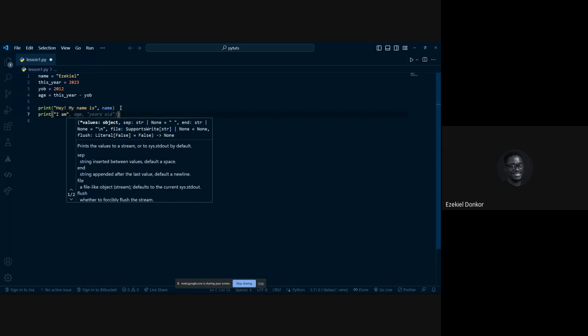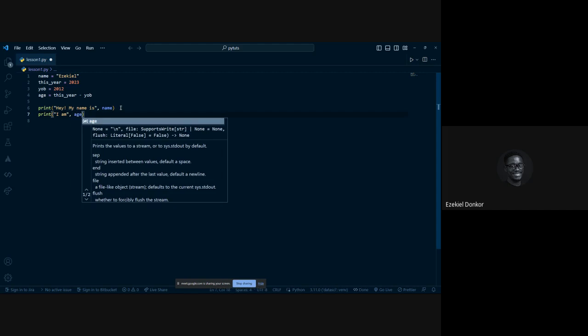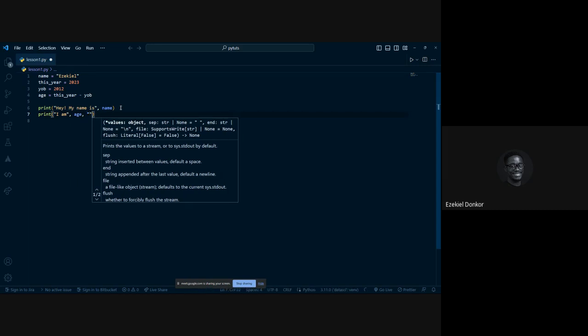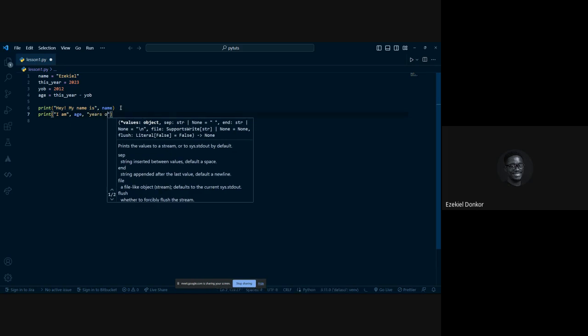Come outside the quotes by hitting the right arrow key, comma, space, age. Again, we are referencing the age box, so it doesn't need to go into the quotes. But comma, and then we want the machine to add another line of text to it. So we say years old.